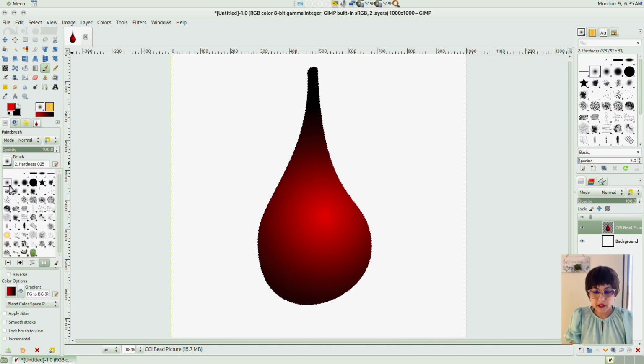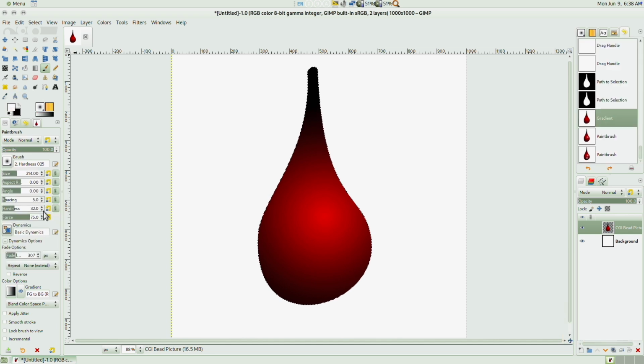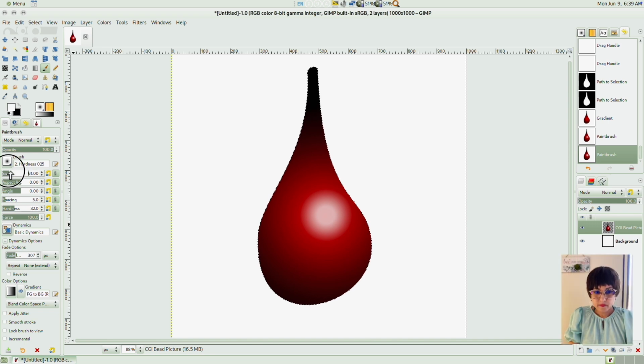I'm using the brush tool. Smaller diameter might work. Nope. Too small.